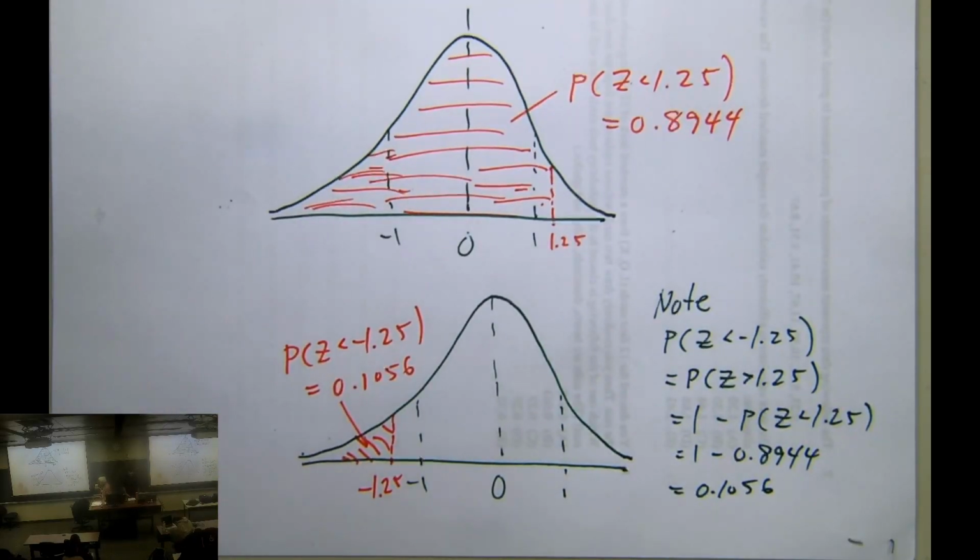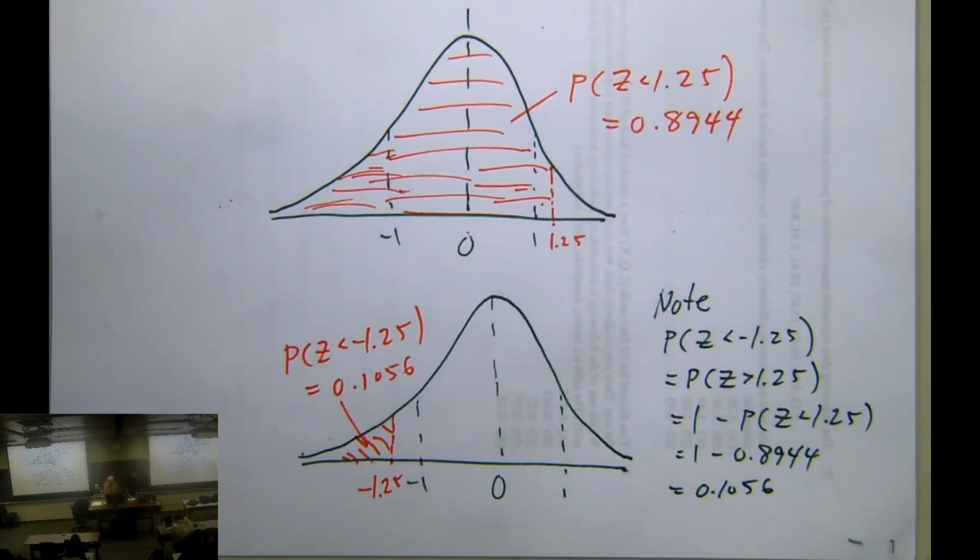But really the point we're trying to make here is that because of the symmetry about the mean, we'll use this for getting probabilities in different ways, and you get used to flipping back and forth. If I need to get an upper tail probability, that's going to be 1 minus the so-called lower tail probability. So let's see what other questions we can get.